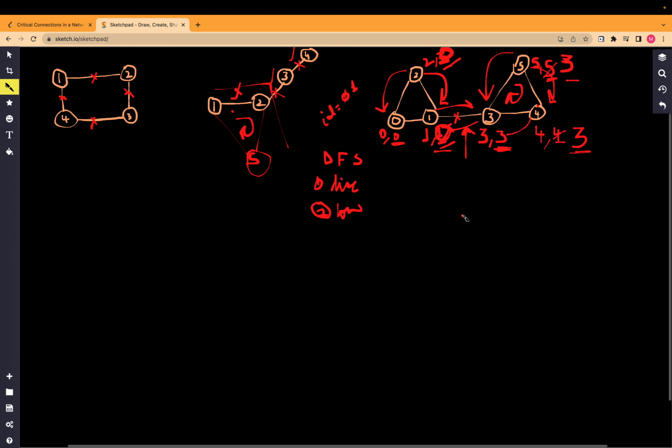Let's take one more example. If the graph would be somewhat like this: 1, 2, 3, and if here we would have 4, then what would it have done? First thing is, it will assign the ID 0, 0, then it will move to 2, it will assign the ID 1, 1, then it will move to 3, it will assign the ID 2, 2,